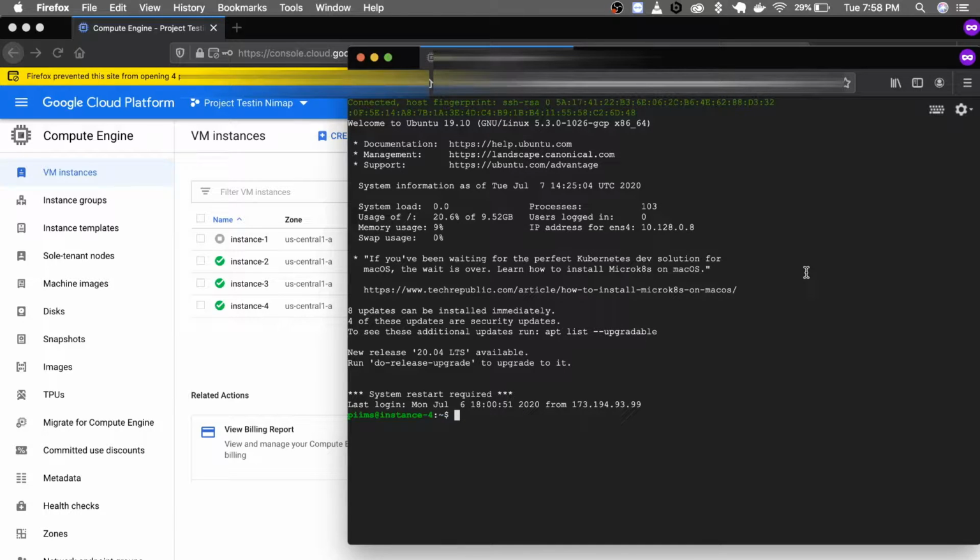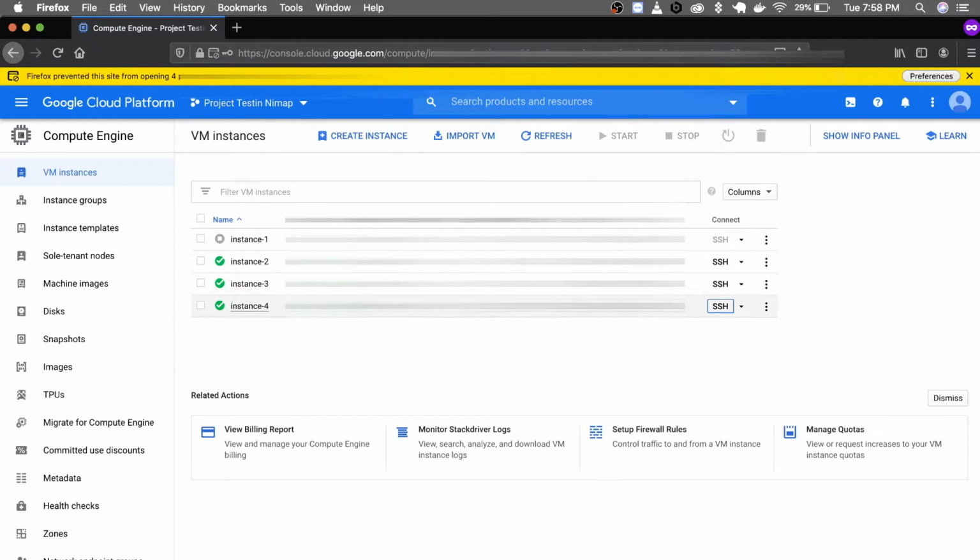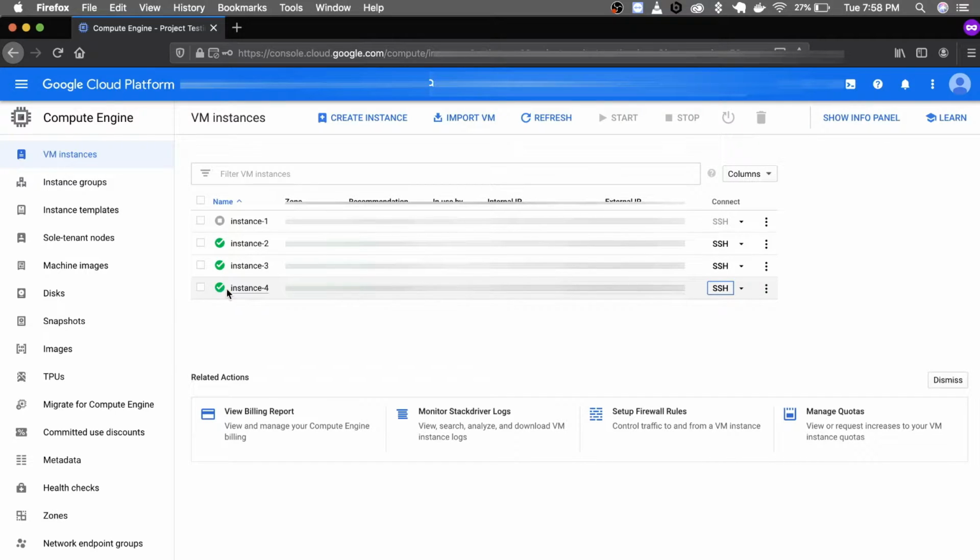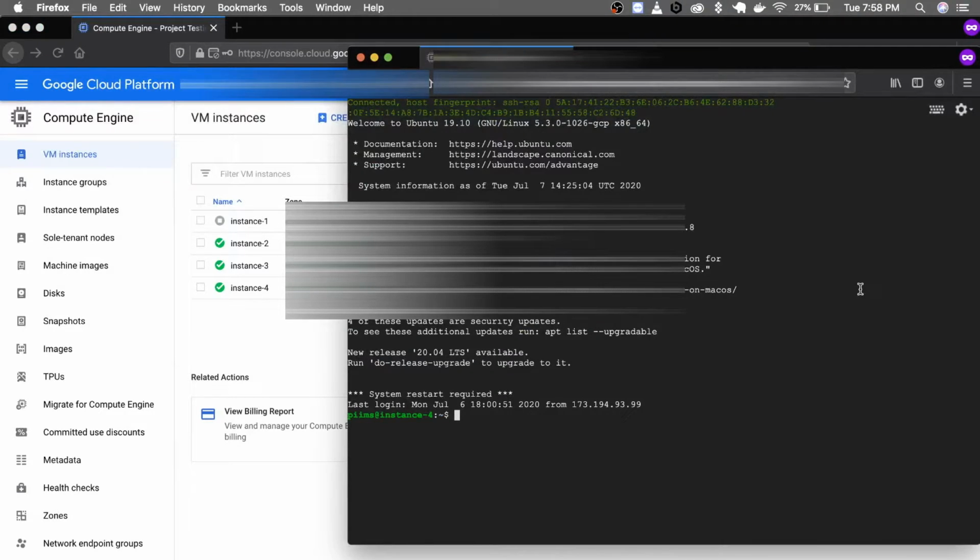So let's get started. As you can see, I have started my instances. I have four instances running in this Google Cloud services, and in the last tutorial I created this instance 4. As you can see, it's up and running. One of them I have stopped for some reason. Two of my instances are running for some other project. So to install Apache, we need to get access to SSH. Let's click on this SSH and start our terminal.